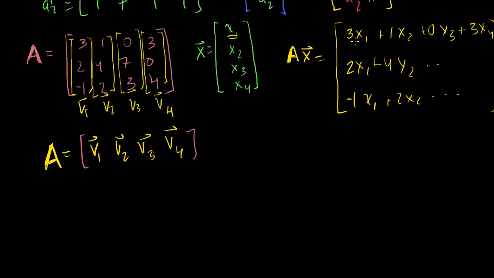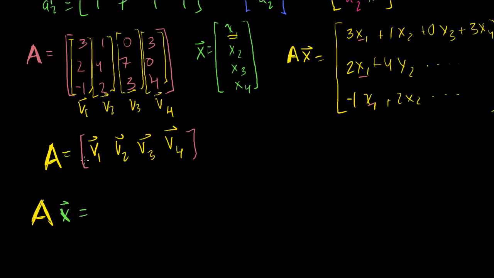In fact, you can view this part of the entries right here. We're just multiplying this vector times the scalar x1 in every case, right? You have 3, 2, minus 1, 3, 2, minus 1. We're multiplying by the scalar x1. And then we're adding that to this vector times the scalar x2, and then adding that to this vector times the scalar x3. So we can rewrite A times x